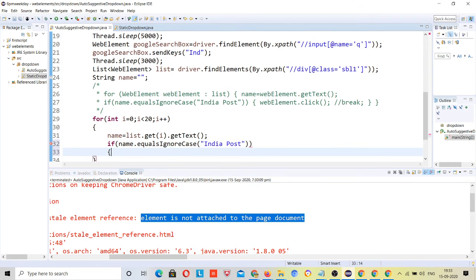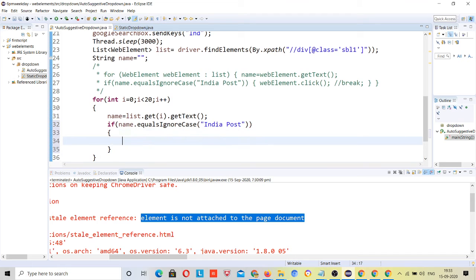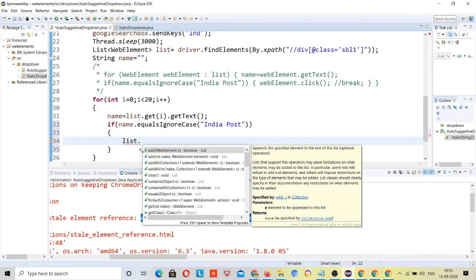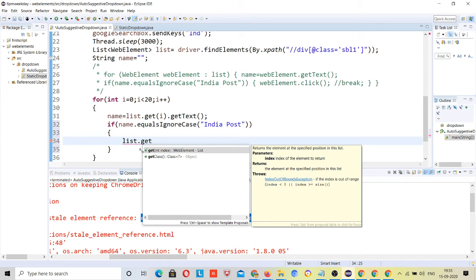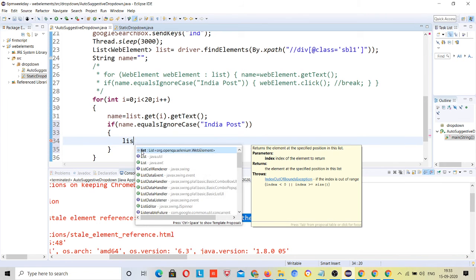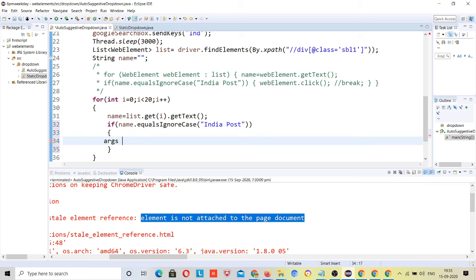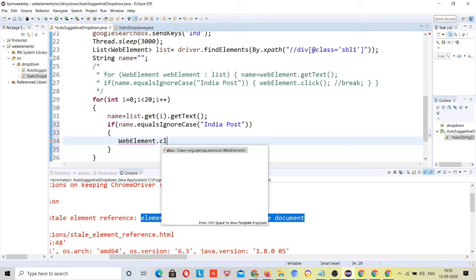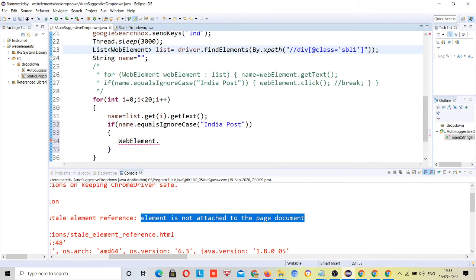Then suppose I do this: list dot get web element dot click. Where is your web element? Driver dot find element.